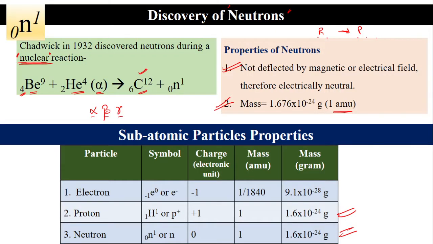So, in our previous class, we discussed the discovery of subatomic particles, which include the electron. The electron was discovered by what experiment? What was the name of the experiment? Cathode ray discharge tube experiment. And the discovery of the nucleus was by using what kind of rays? Alpha rays. Alpha rays are radioactive rays. So that was done by Rutherford.